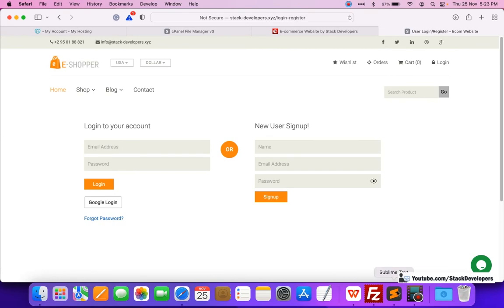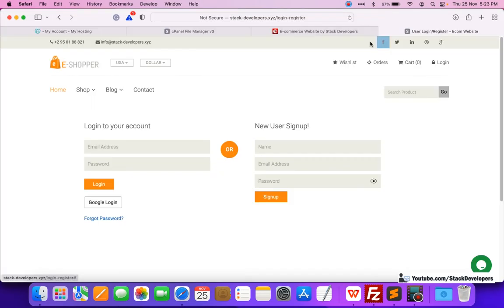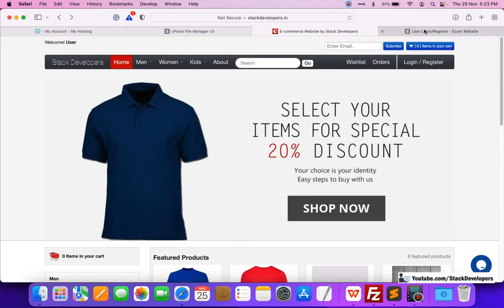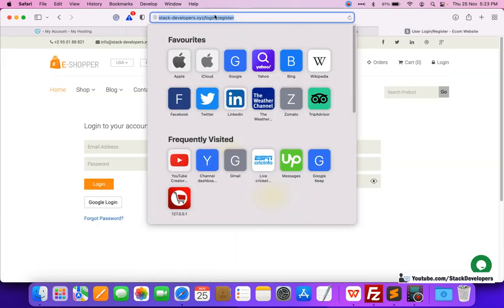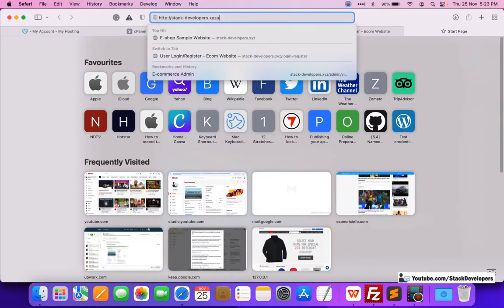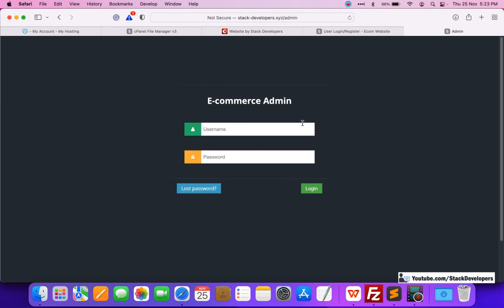Okay, I will show you the code once again, and I'm going to show you what changes I have made to make this code work online. But first of all, I'm going to show you that this is now possible on both websites. I will open the admin panel for both websites here. So we will register on both websites, and you can see that the registered user gets registered to both websites at the same time.